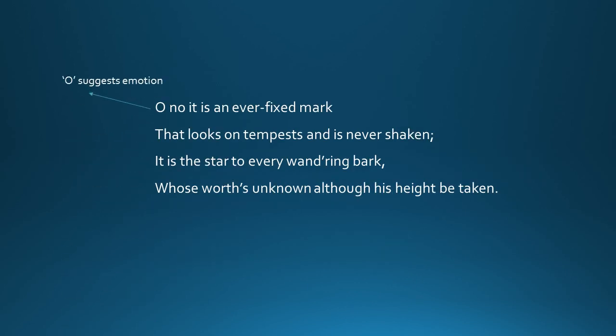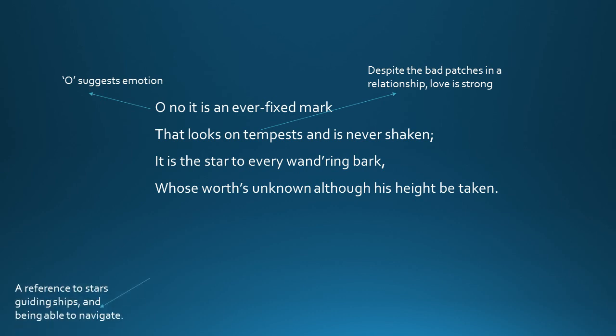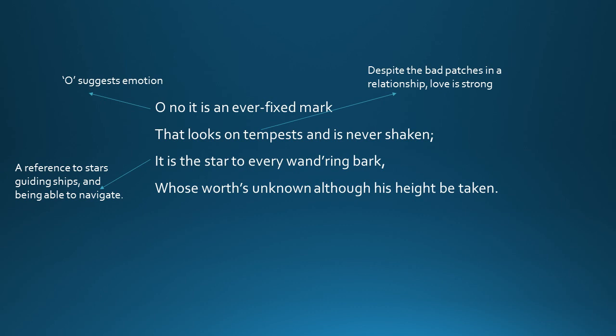So using the word oh, it suggests emotion, it suggests that he feels very passionately about this, and ever-fixed mark heightens the idea that it is permanent. A tempest is a bad storm, and so this is suggesting that despite possible bad patches in a relationship, love is still strong. By using the metaphor, it is the star to every wandering bark,